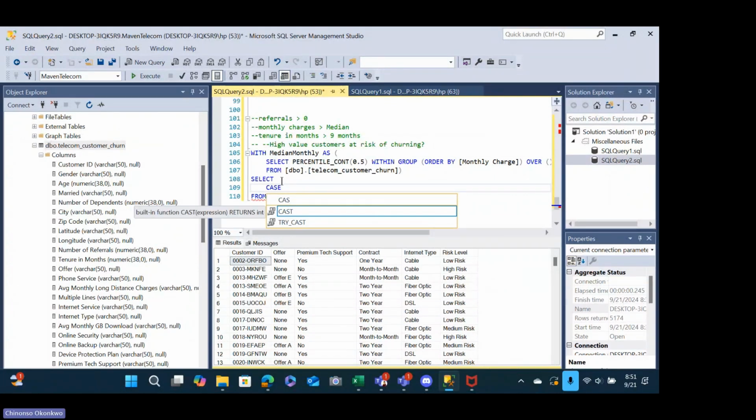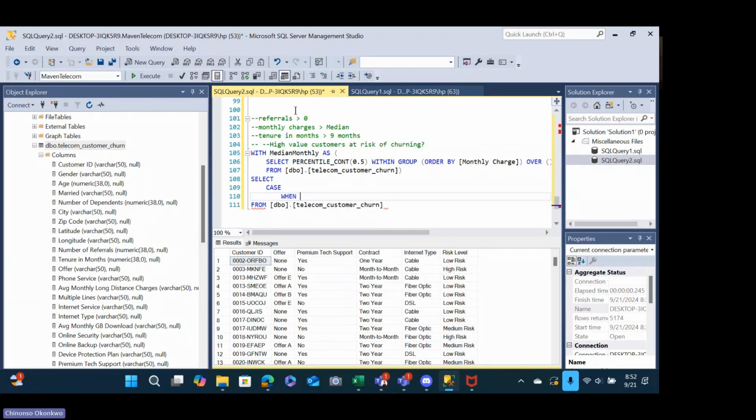Case statements are underrated. They always come in handy. Anyways, back to it. We're talking about how to group customers as high value. So case when